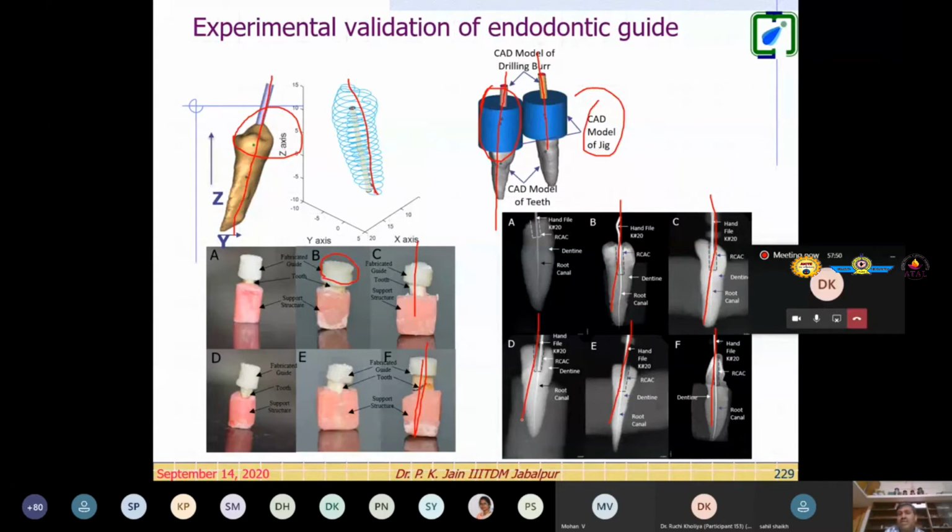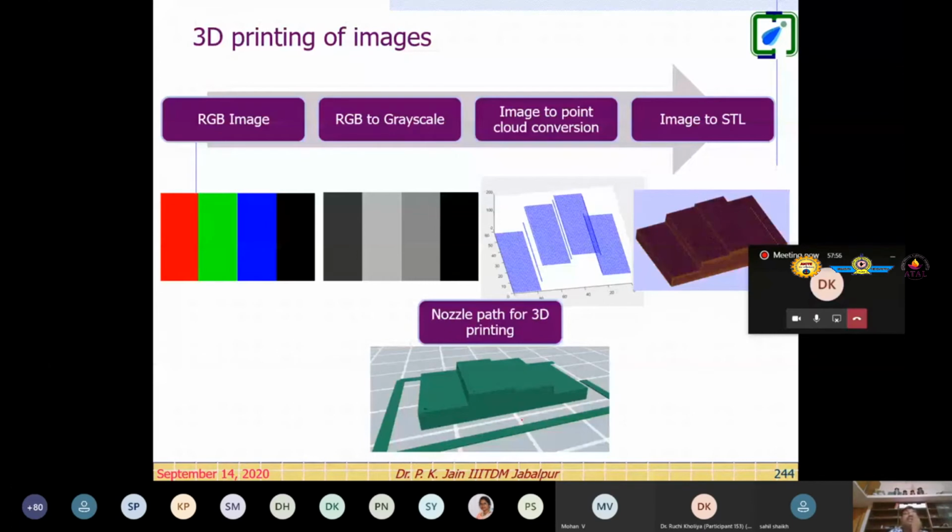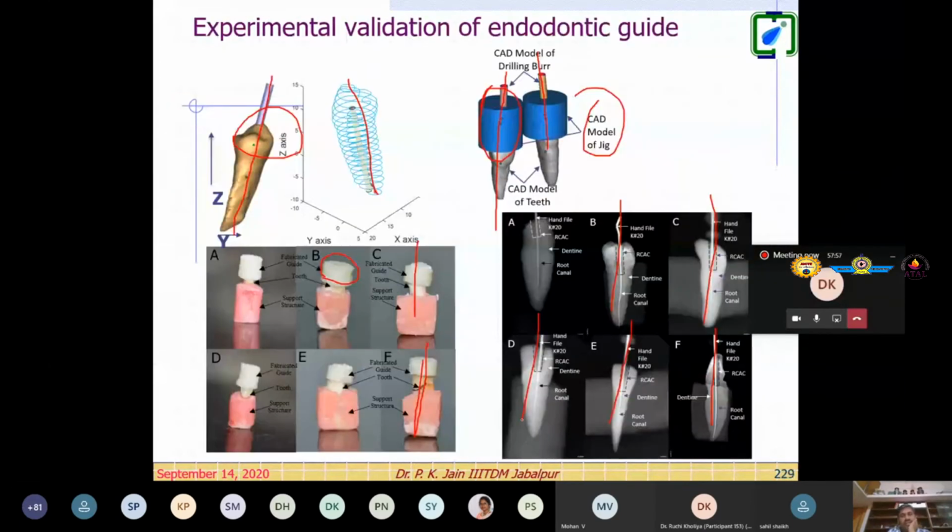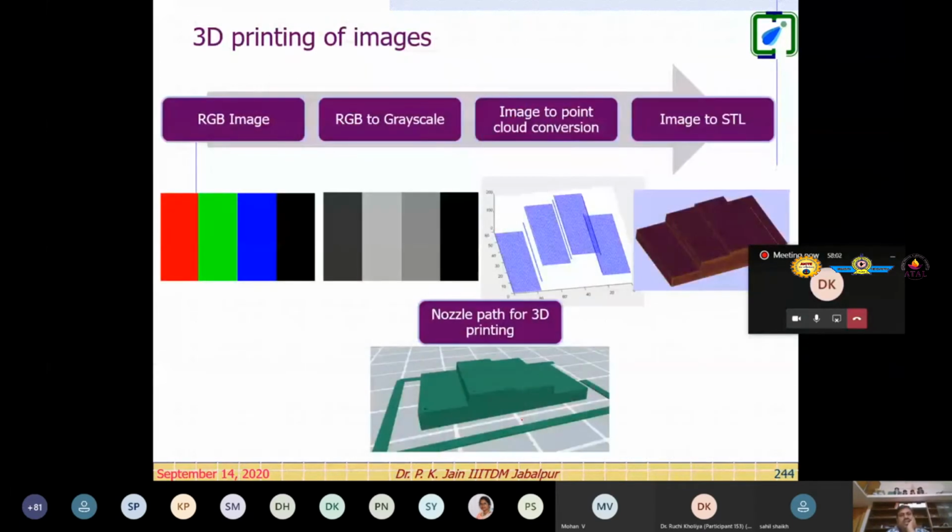Right. Now look at this. Another interesting application, right? For 3D image printing we have done, right? So you see here, we have the RGB image. We can convert this to the grayscale image, right? You know RGB when we have the color, and the grayscale images. Here we have the three colors from 0 to 255. So total 256 values for red, for green, for blue, right? Based on this, we make the color images, right? Then we convert it to a grayscale image by averaging all these three. So we will get 0.